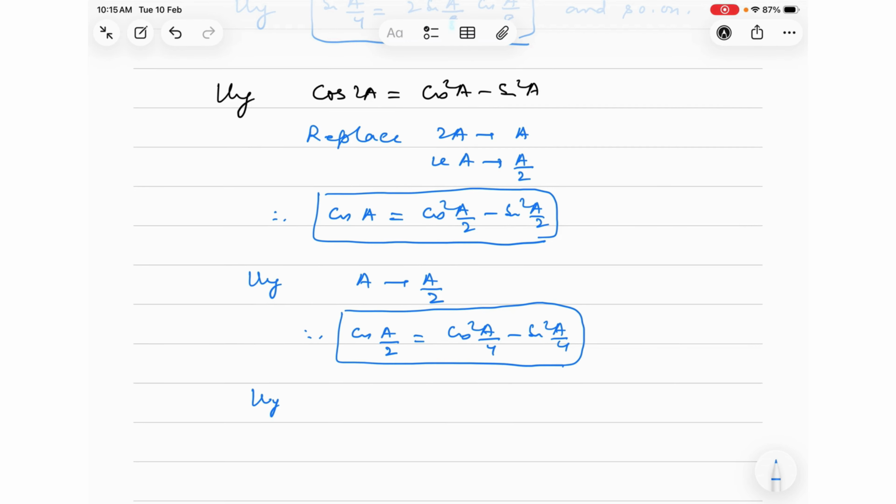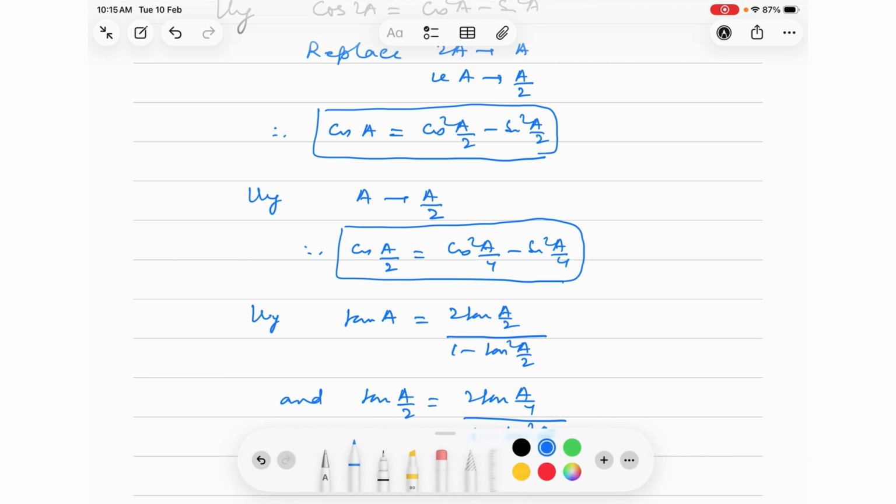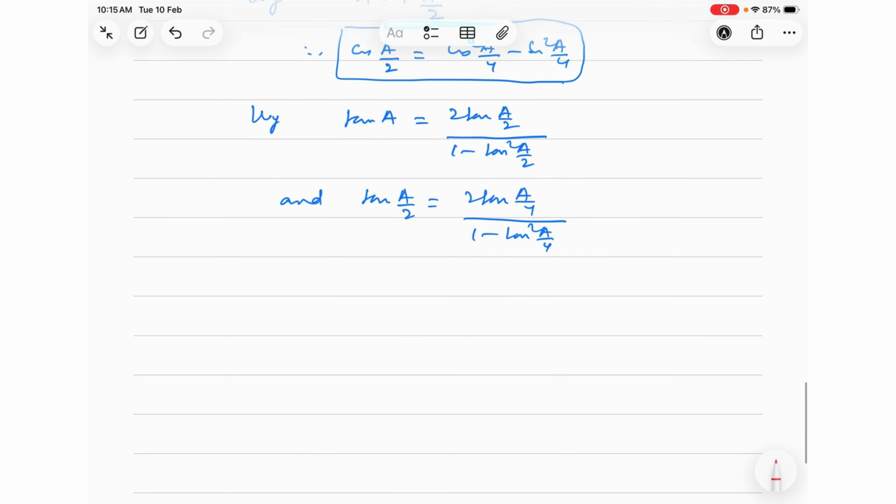Similarly, we can write tan A equal to 2 tan A by 2 by 1 minus tan square A by 2, and tan A by 2 equal to 2 tan A by 4 by 1 minus tan square A by 4. This is a very important note point which is there in this chapter. Now after that,